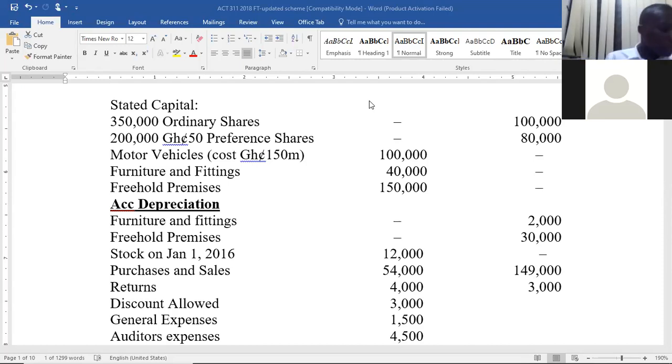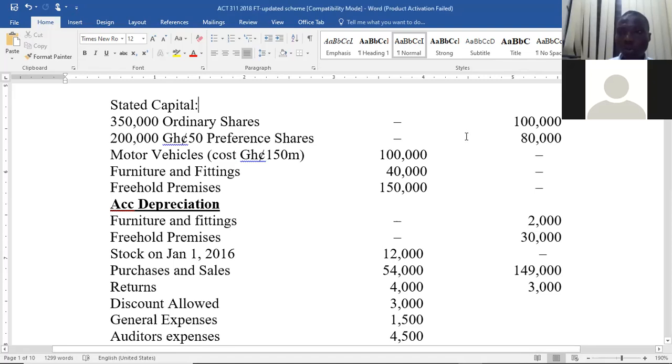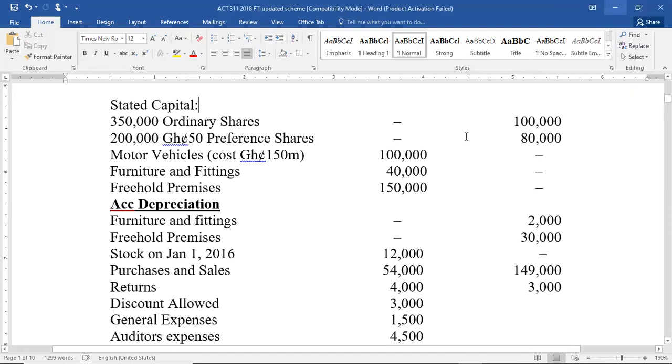Yeah, let's move on. So motor vehicles, 150,000, you less 65,000, you get 85,000. Then let's go to the next asset, furniture and fittings. The cost is 40,000. And